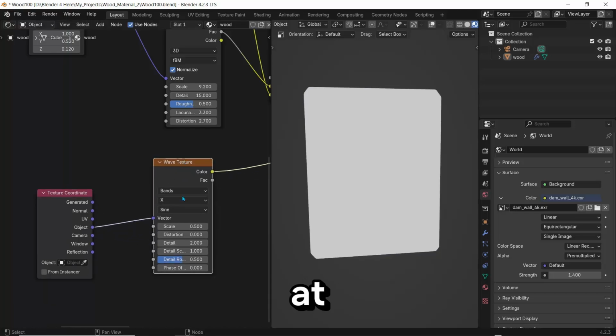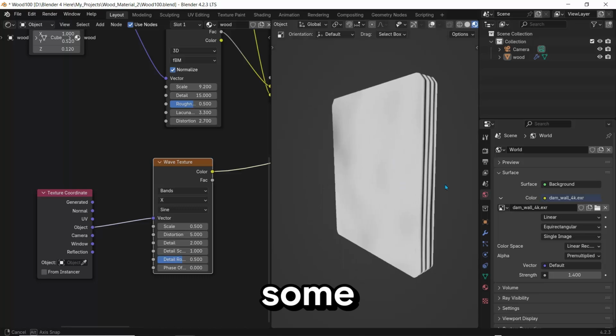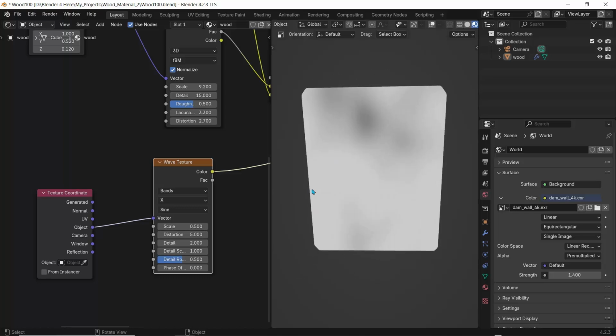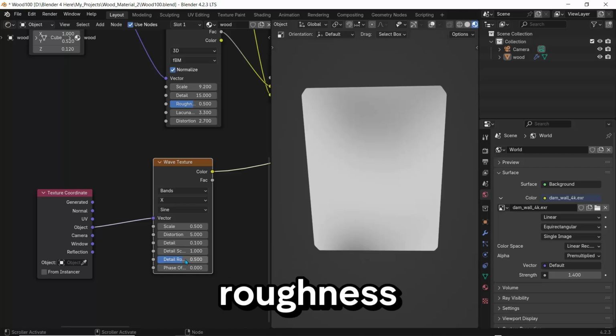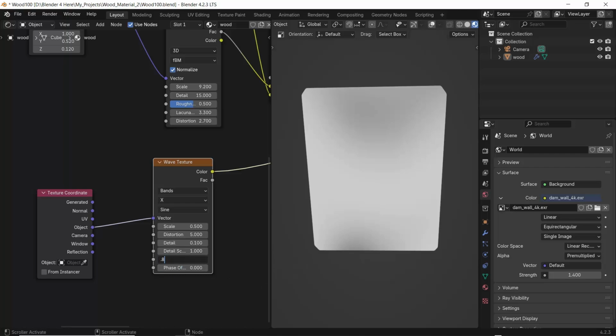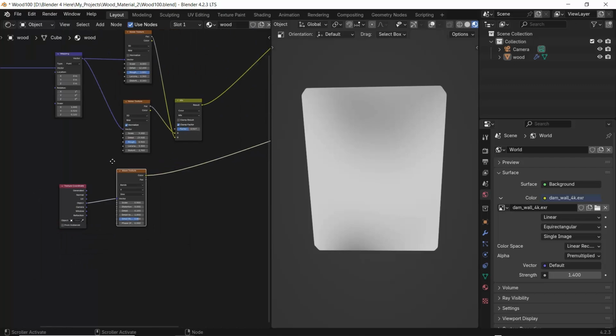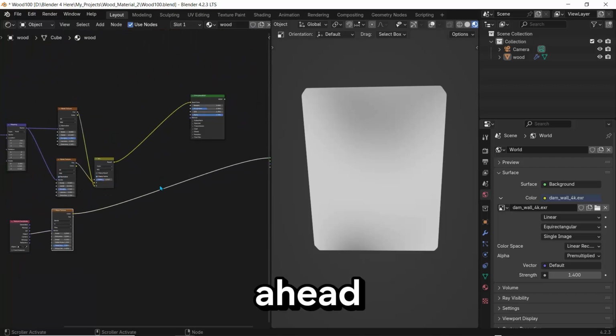And next, let's look at our distortion. Let's set this to a value of, say, 5. And we're starting to get some output. Let's set our detail to 0.1, like that. And let's set our roughness to 0.8. And let's go ahead and